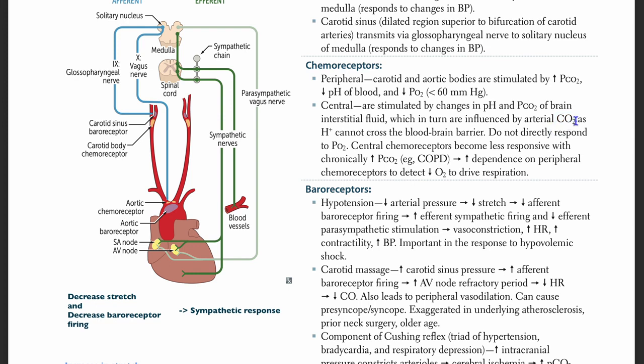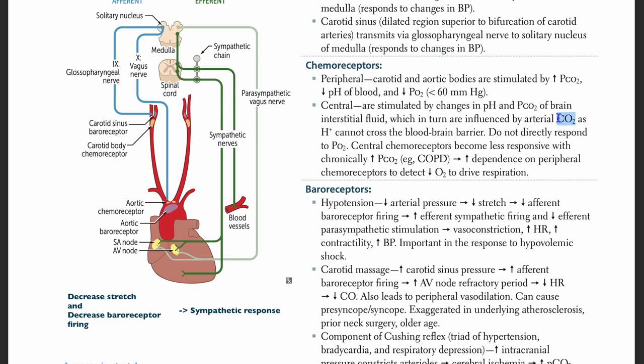Or going through? Like, imagine you have a trash day and then the garbage pickup people don't come. You're gonna start panicking, right? Okay, now you have to deal with more garbage in your house. So PCO2 is a waste product, and the brain wants to get rid of it, right? So central are stimulated by changes in pH and PCO2 of brain interstitial fluid, which in turn are influenced by arterial CO2 as H ions cannot cross the blood-brain barrier. They do not directly respond to PO2,